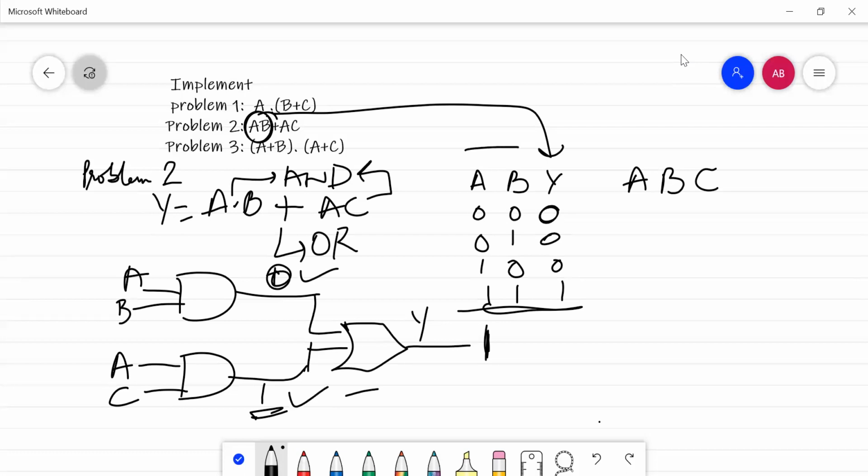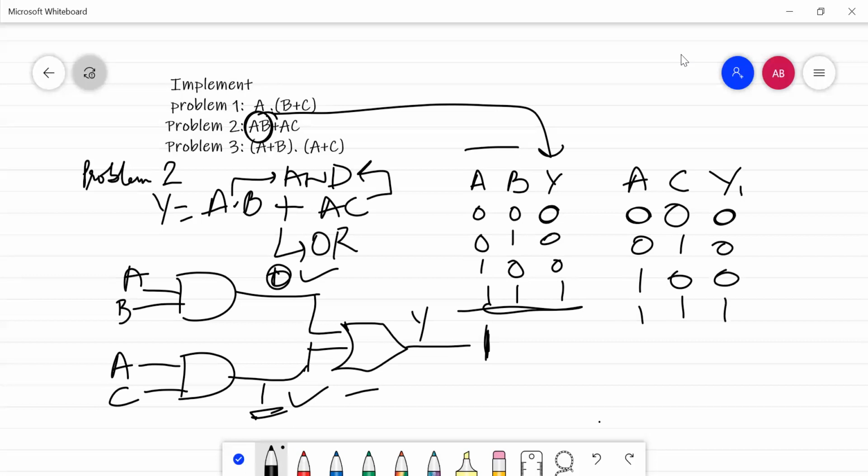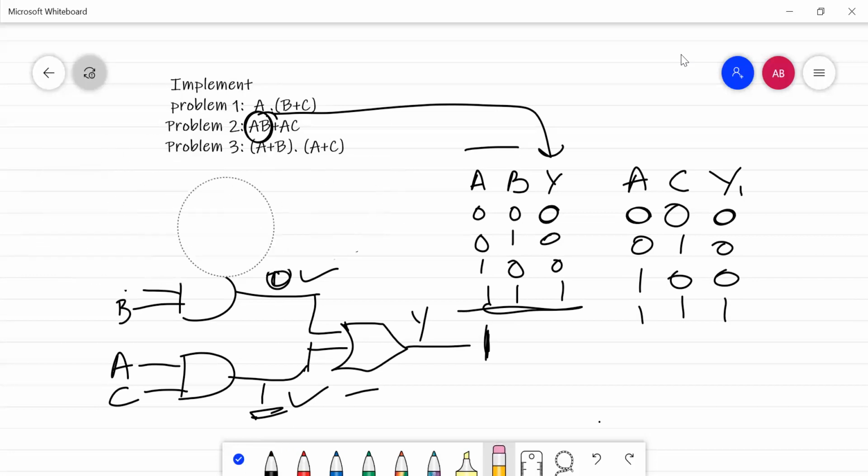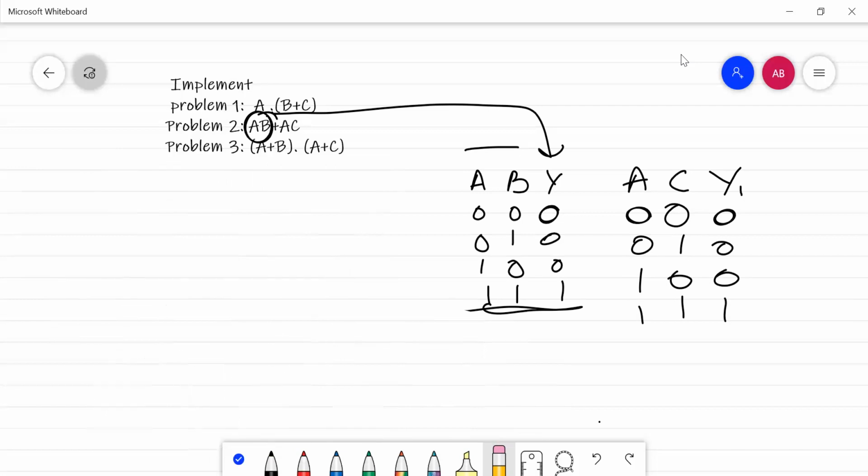So this is for my first one, and now I am going to come to my second one, that is with A and C possibilities. Here A and C possibilities, again the same ones. Let's say this is my Y1. Here again the output will be low for these three, but it will be high for this. Now when we make a combination of our A, B, and C, our possibilities are going to increase. How? We can take here, this is my complete output Y.